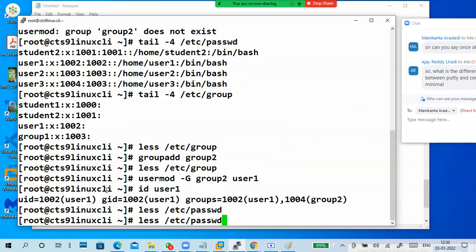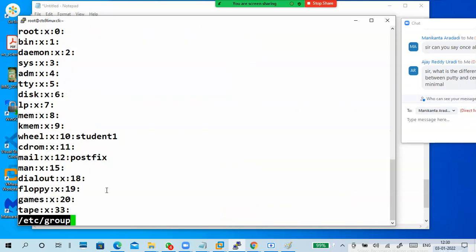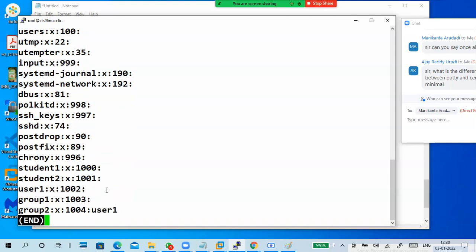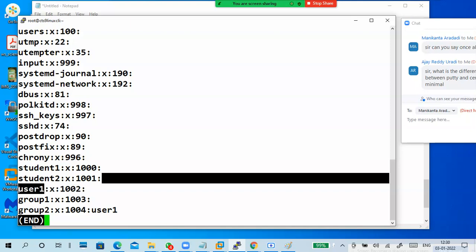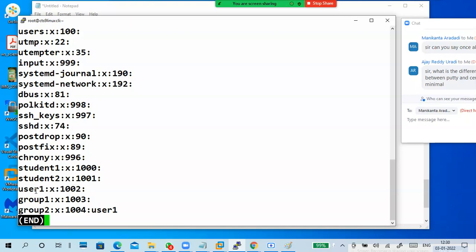Okay, then verify the group. Okay, 1002 belongs to user1. Meaning user1's primary group is user1 only. Still the primary group is not changing. And user1 is added to group2 as a supplementary group.